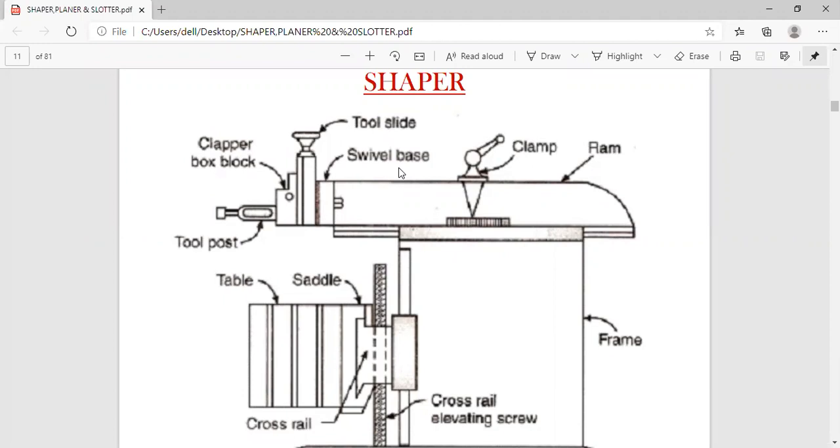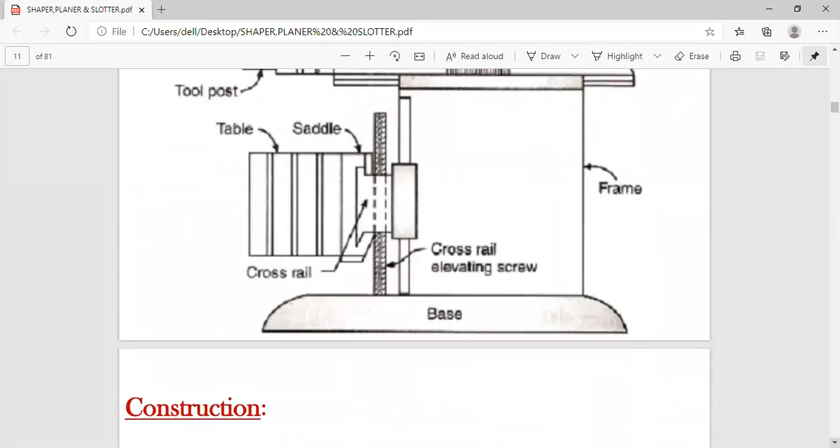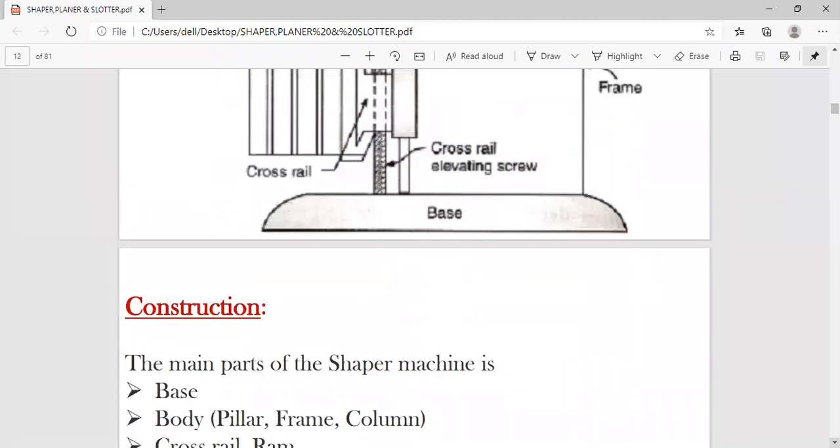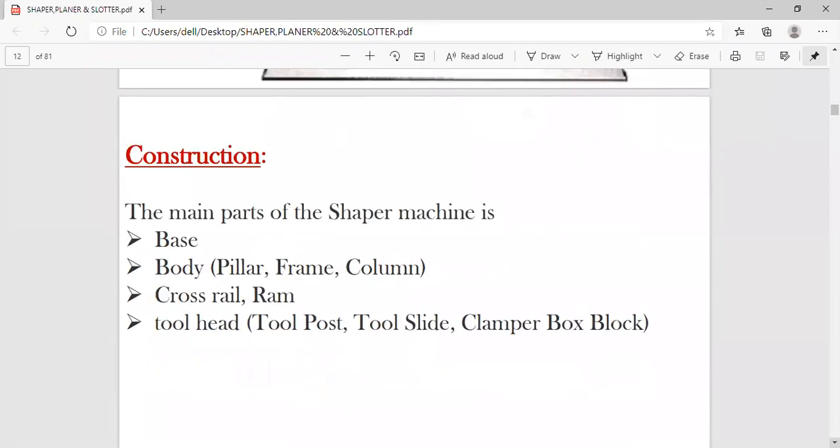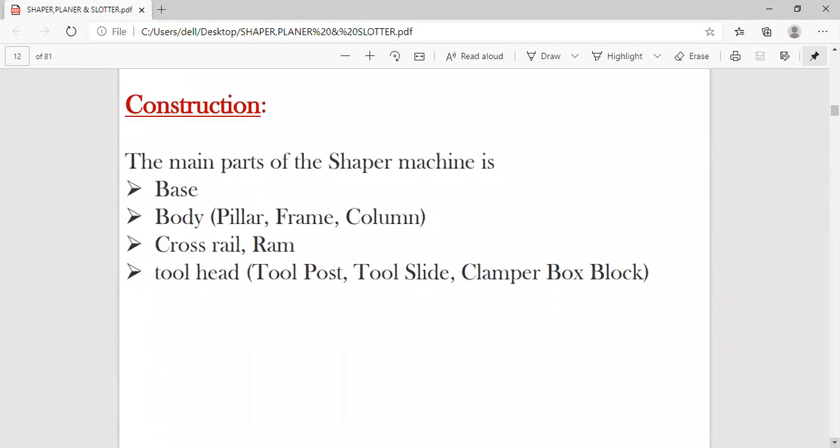The working principle we have to discuss elaborately. You have to discuss the components also, which is very important, and you have to draw the diagram neatly with pencil. Time and again I am telling, that is very important. And the construction is what we have discussed now. So I just want to show the figure and explain. Just try to move, because we have another 10 or 15 minutes.